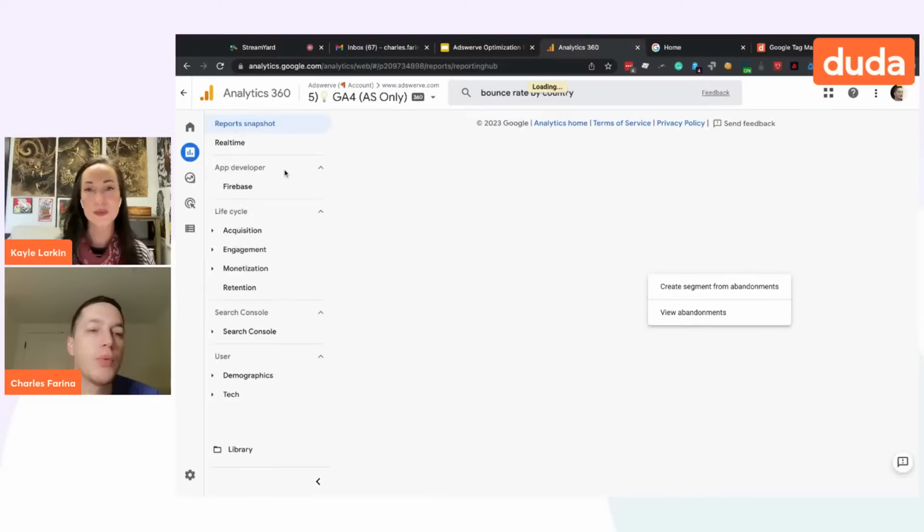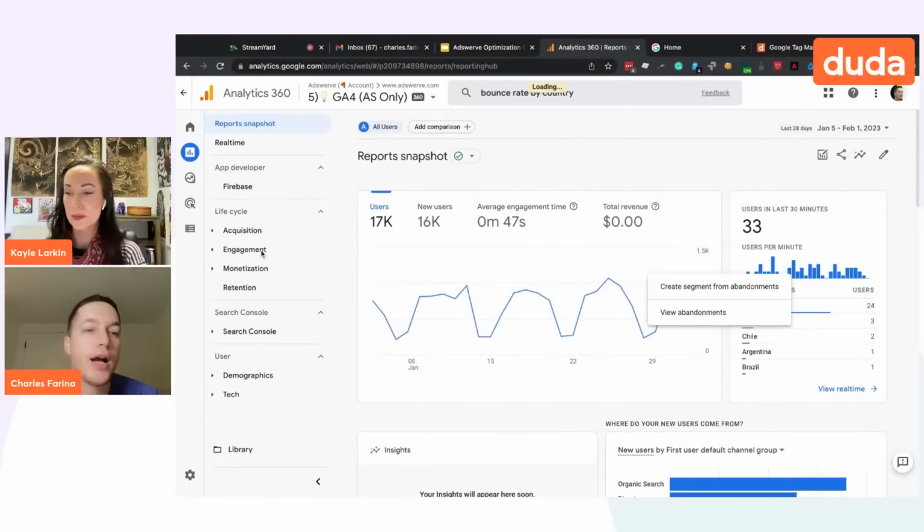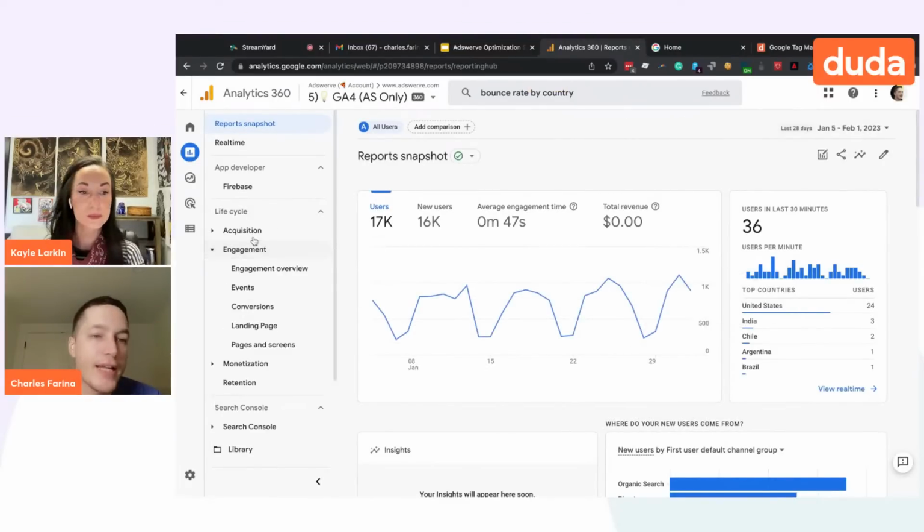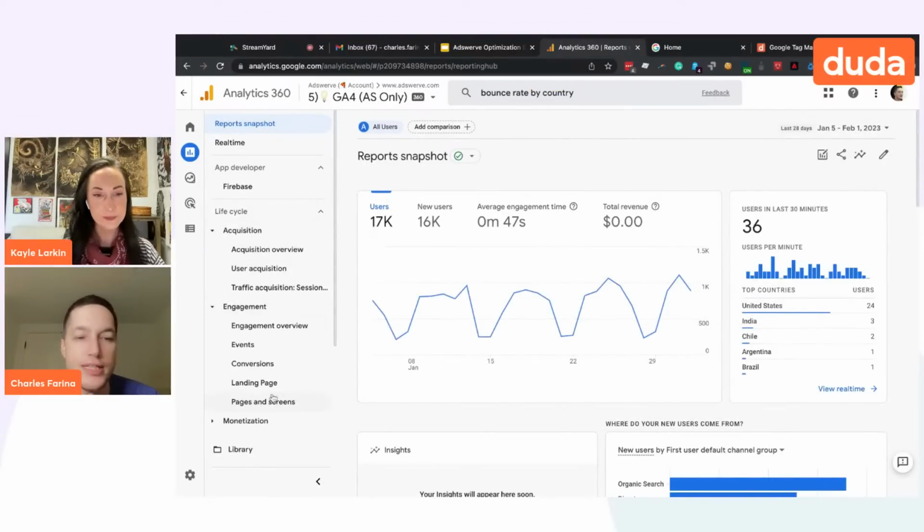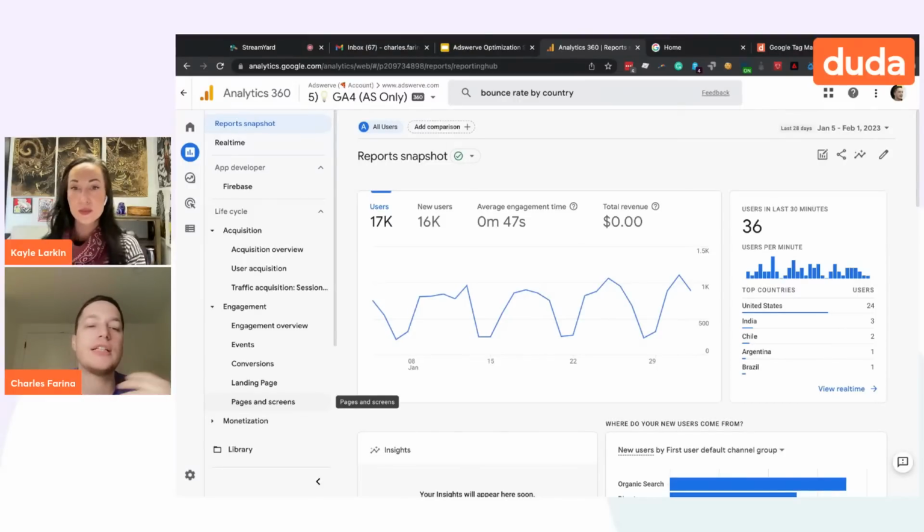So what most people I find do is when you're navigating reports, there's different dimensions and metrics where you can see their devices, their browser, and then those bounce rates and engagement rates. And typically, bot traffic is easy to spot in Google Analytics because you'll see a lot of traffic with very little engagement.